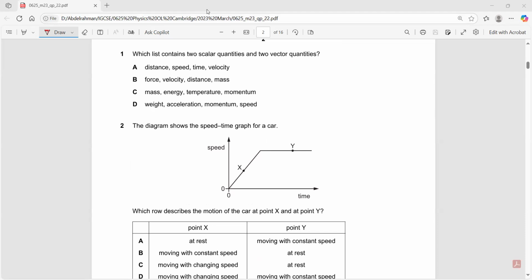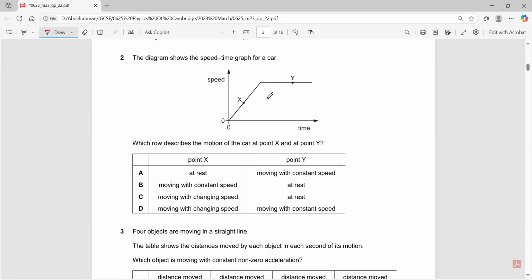Okay, distance, speed, time. So I have three scalar quantities. B. Force and velocity, two vectors, distance and mass, two scalars. Yes, this is correct. The diagram shows the speed time graph for a car, which row describes the motion of